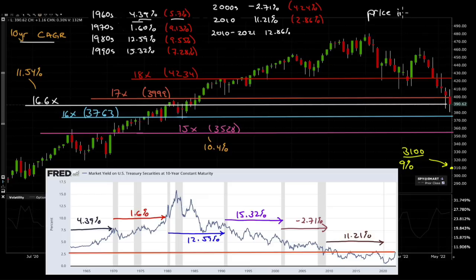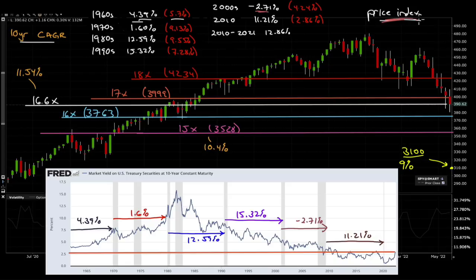Okay, that's just the price index. In other words, I'm not considering dividends at all. Dividends would add about another 1.5 to 2% to these numbers. And because I'm not considering dividends, obviously, I'm not considering a total return index, which would be the reinvestment of the dividends themselves. Just to give you an example how powerful that is, when we look at the 2000s, the index over 10 years, you would have lost 2.71%.